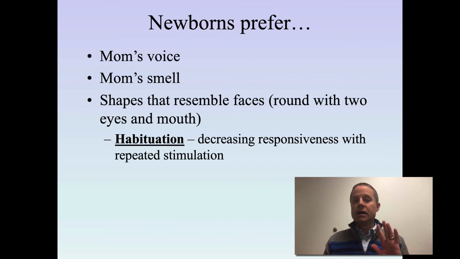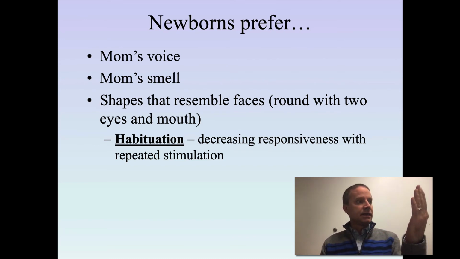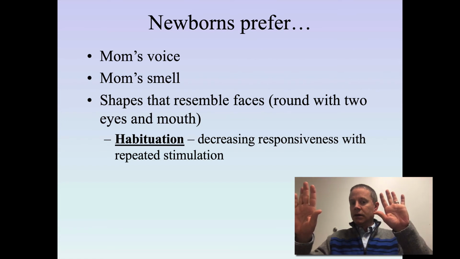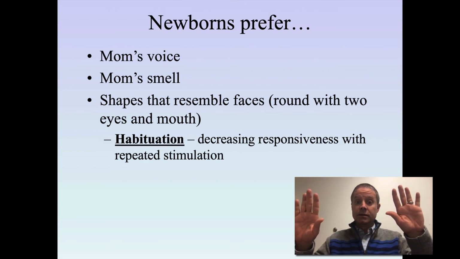Now we know that babies prefer these things because there's a process called habituation. If the baby's looking at the oval face with two dots and he stares at it for like 30 seconds and then looks away, and then 10 minutes later you show him something that's square and instead of two dots it has like one triangle, the baby will stare at that for like 5 seconds. So the idea is that they're looking at it longer because they prefer it.